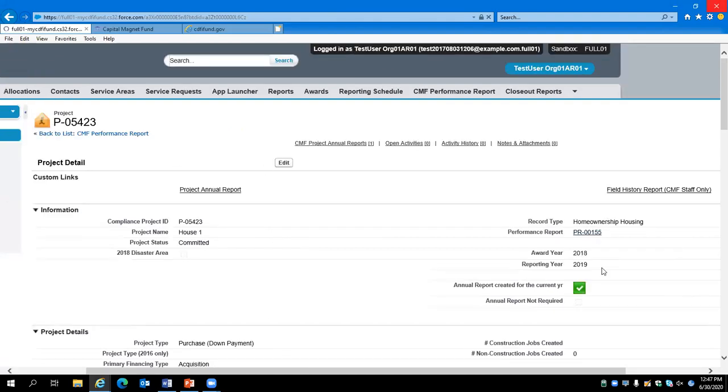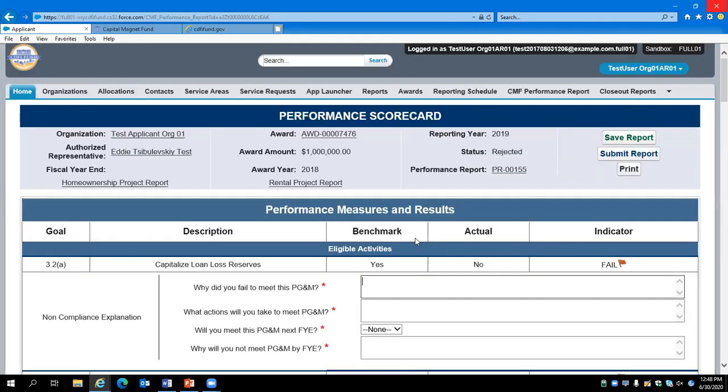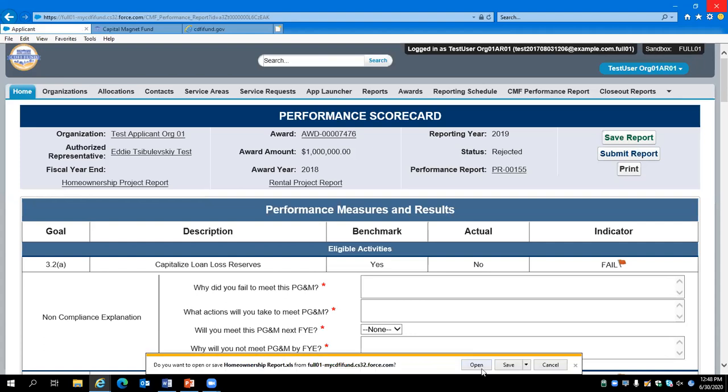If we return to the performance report detail page, there is an additional homeownership report link you will find here. You will also find that on the scorecard. Whether you access that from the performance report detail page or the scorecard, it will generate the same report. So if we go ahead and click that, open the attachment,